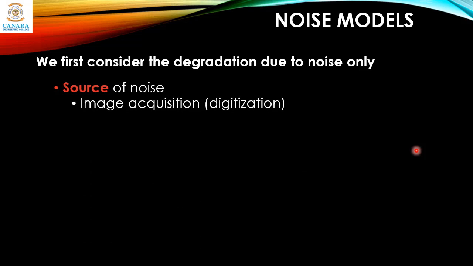The principal source of noise in digital image arises during the acquisition or transmission. The performance of image sensors is affected by a variety of factors such as environmental conditions during image acquisition and by the quality of the sensing elements themselves. For instance, in acquiring images with the CCD camera, light levels and sensor temperature are major factors affecting the amount of noise in the resulting image. Images are corrupted during transmission principally due to interference in the channel used for transmission, like there could be a lightning while transmission, and that will result in the noise.